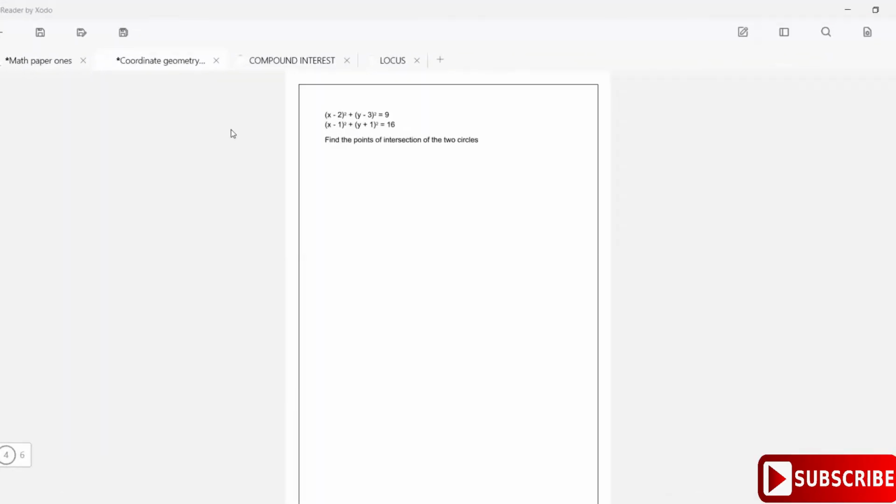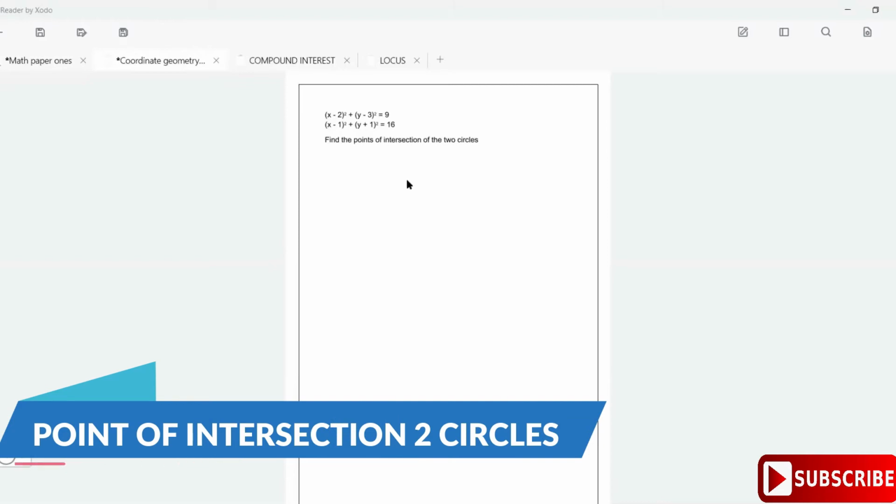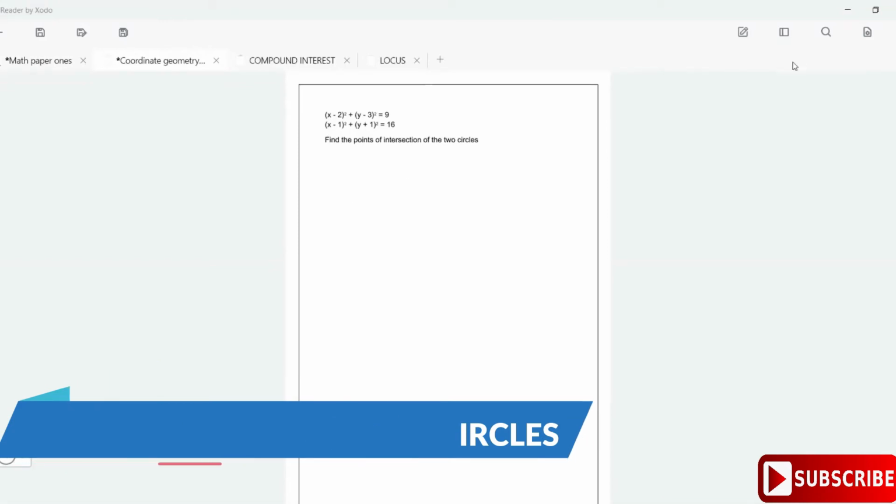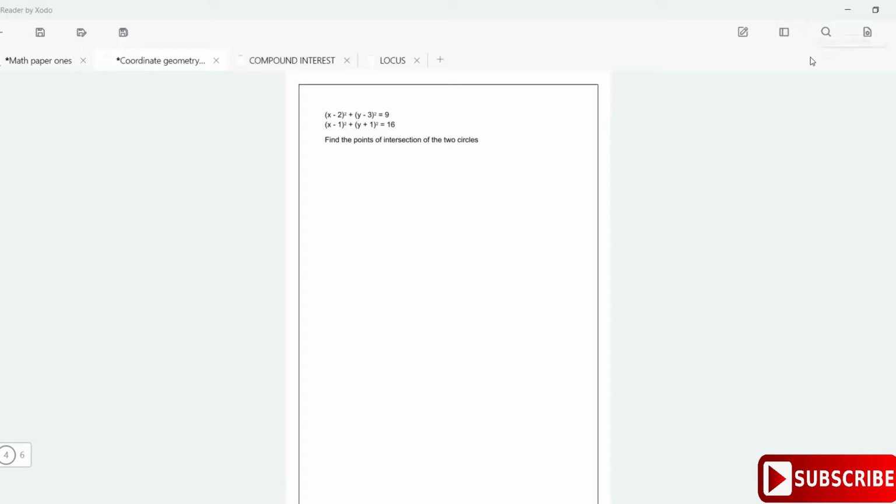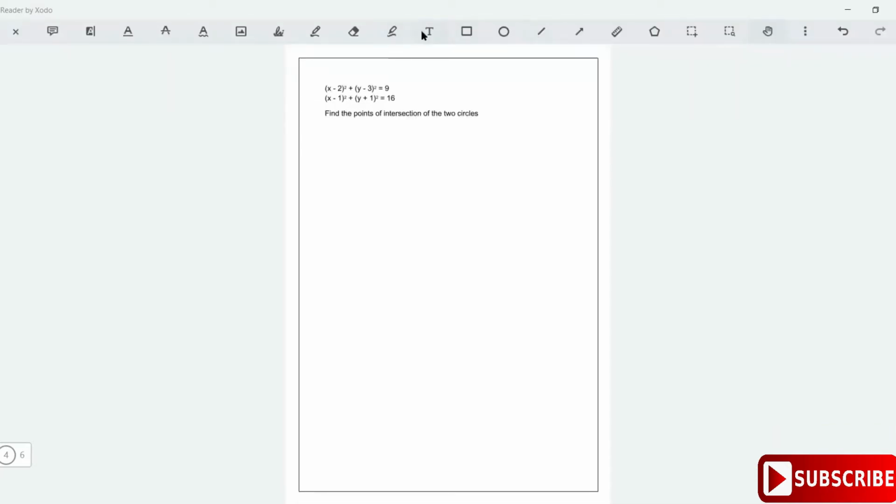All right, now we're going to be looking at finding the point of intersection between two circles. To find the point of intersection between two circles, we have to rewrite it from the general form to standard form. So looking at the first equation right here, this one,